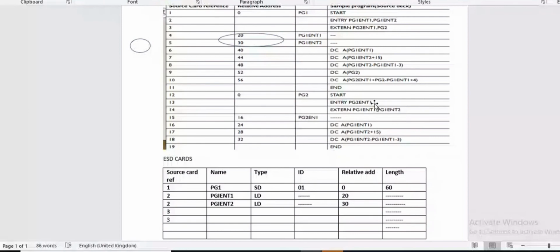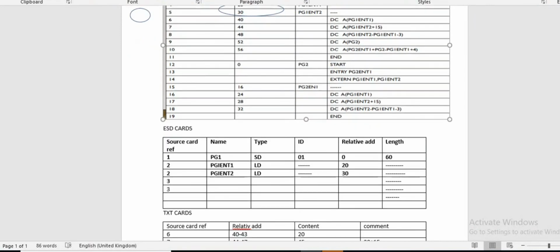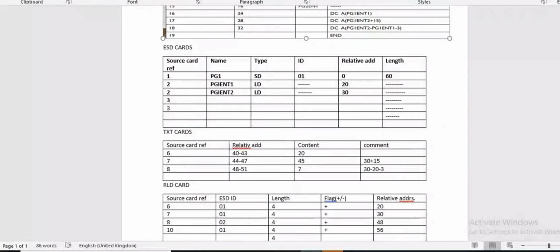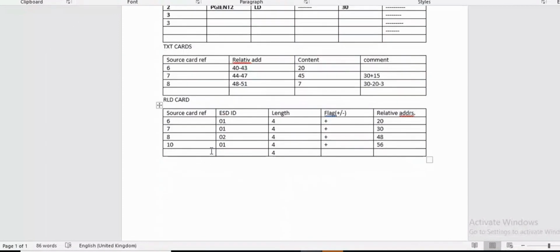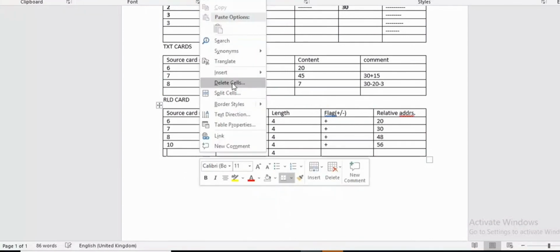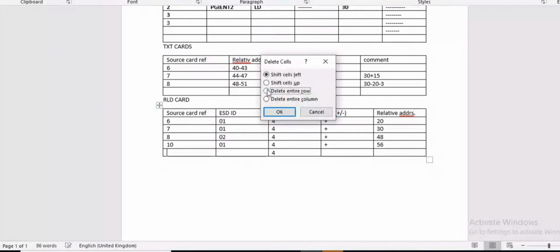So it's not required to enter this last line into our RLD card. So I am going to delete this row. Okay.